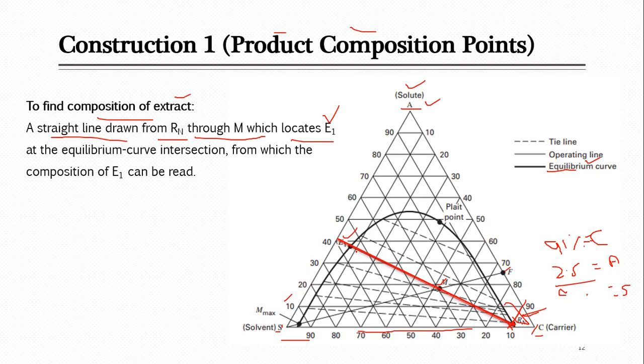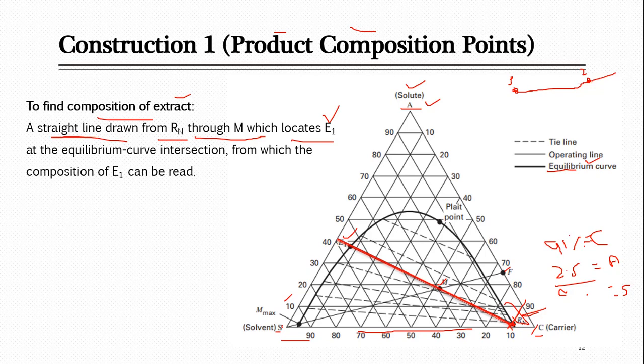Like here in this diagram, you can see this is E1, the extract point. Maybe some of you will be thinking you can draw many lines. No guys, you can't draw many lines. Actually you have two points. What are those two points? One point is Rn, here at the top, and the other point is M. Now I have to draw a line. Rn is my starting point, M is the second point, and I have to look for the third point. Now I have to draw the straight line, and a straight line which starts from point 1 and passes through point 2 is only one line.